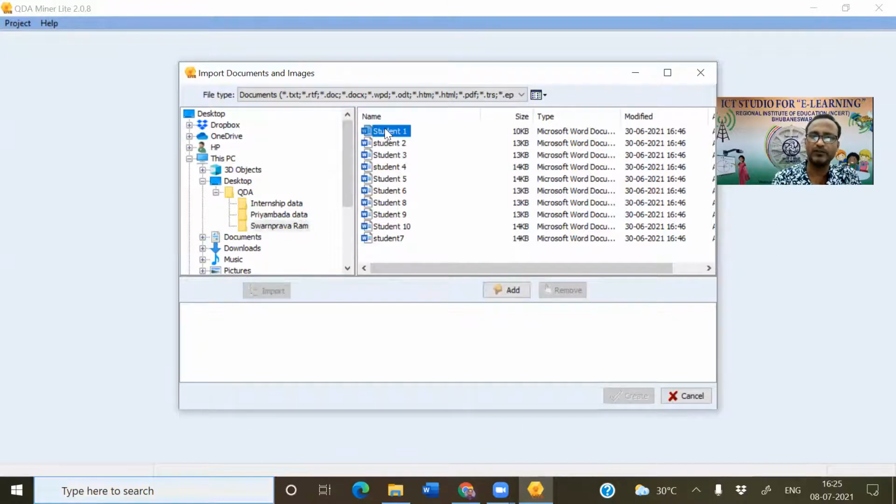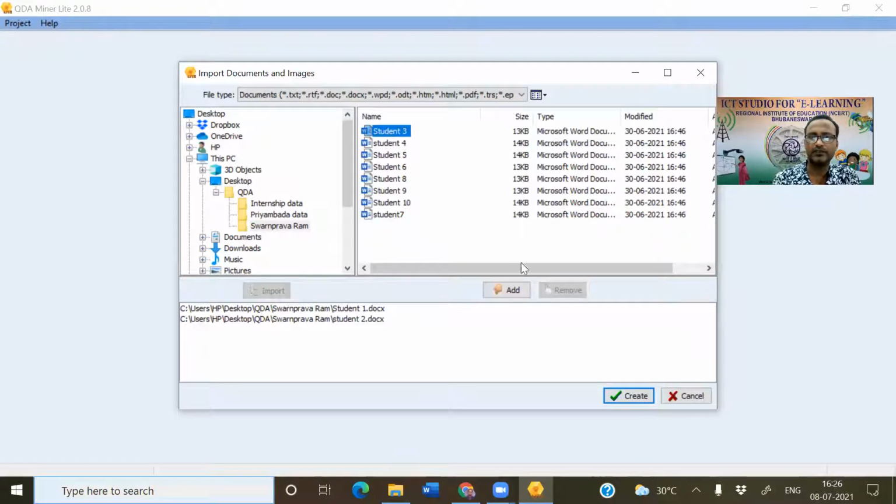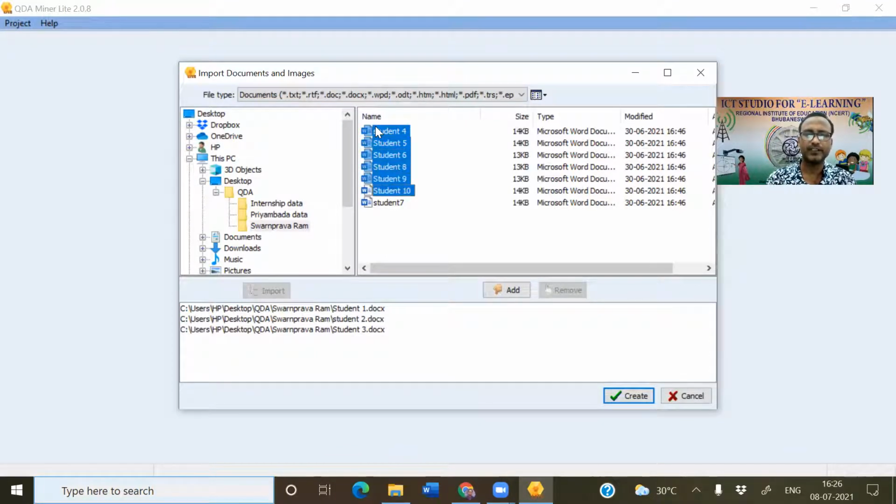If you want to do it one by one, you can. Suppose, for example, student 1, you can add here. Student 2, you can add here. Student 3, you can add here. Or at a time you can select all by using the shift key, shift and arrow key.